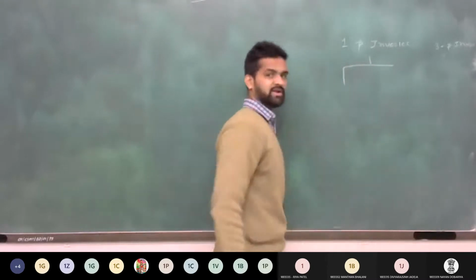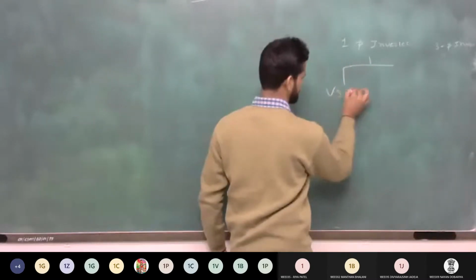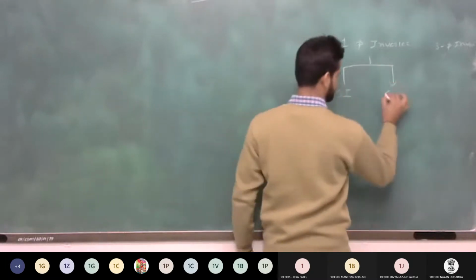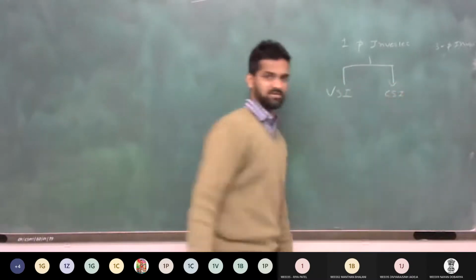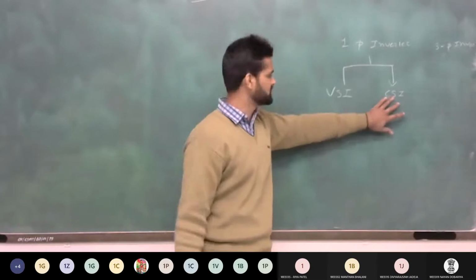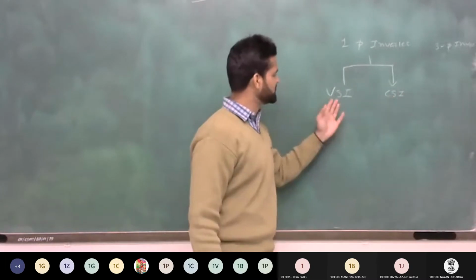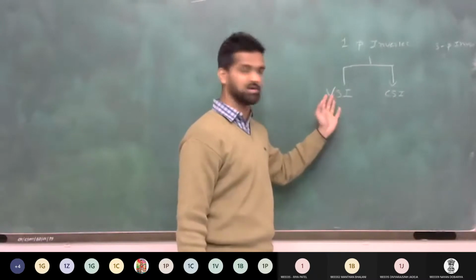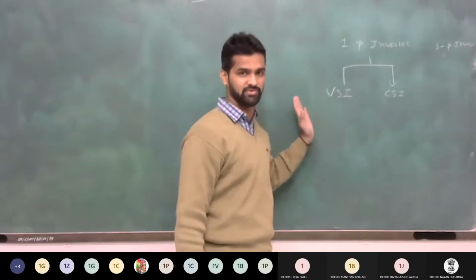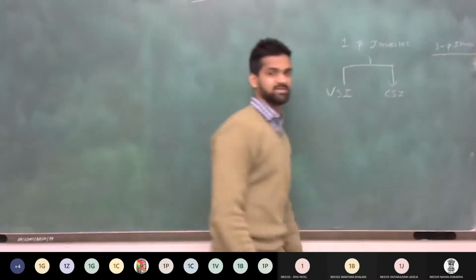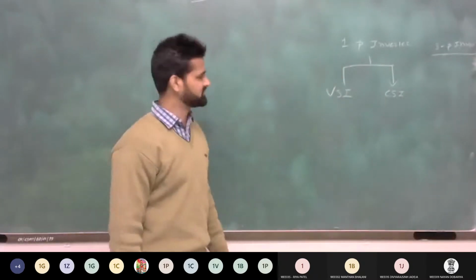Two categories: one is voltage source inverter, in short VSI, and another is current source inverter. This topic is remaining; we will cover it after completing this topic. We have already completed the single-phase voltage source inverter for different loads: R load, RL load, and RLC load. Now in this lecture, we will understand the operation of three-phase inverter.